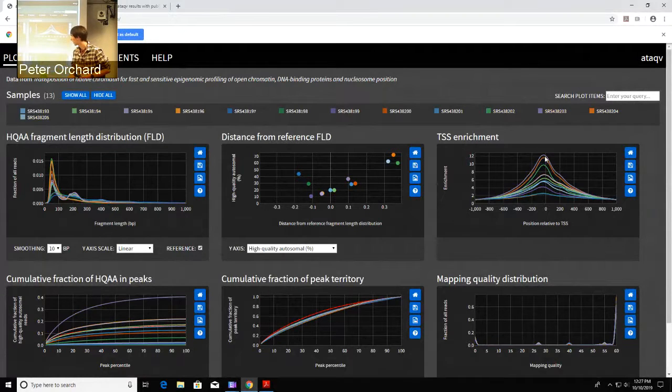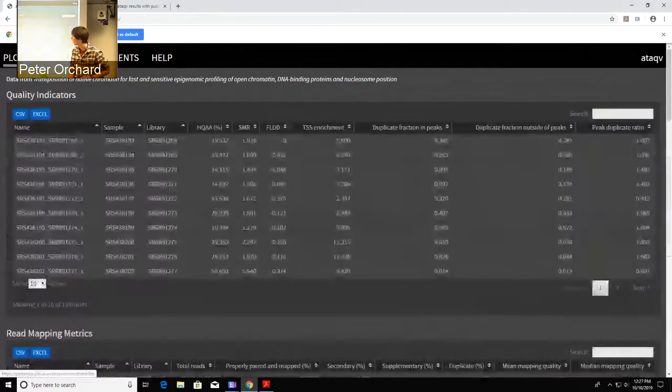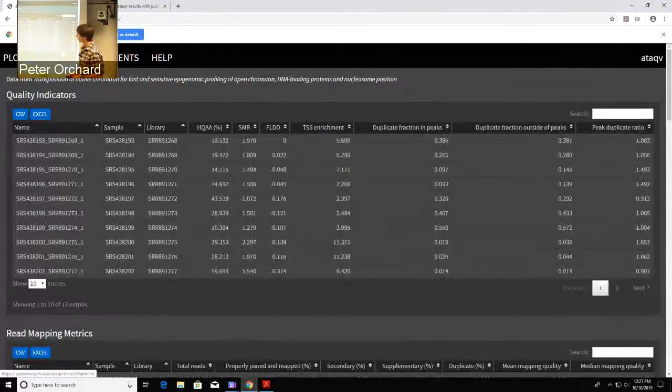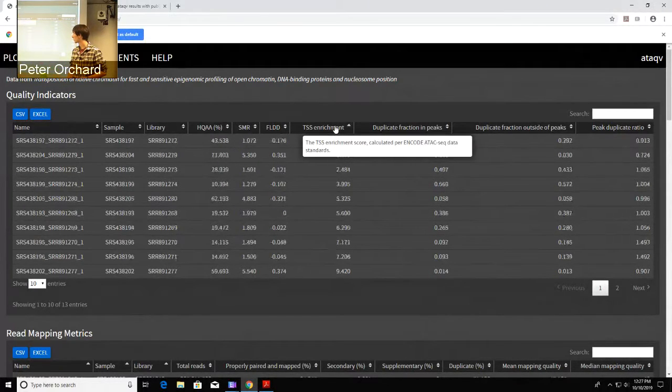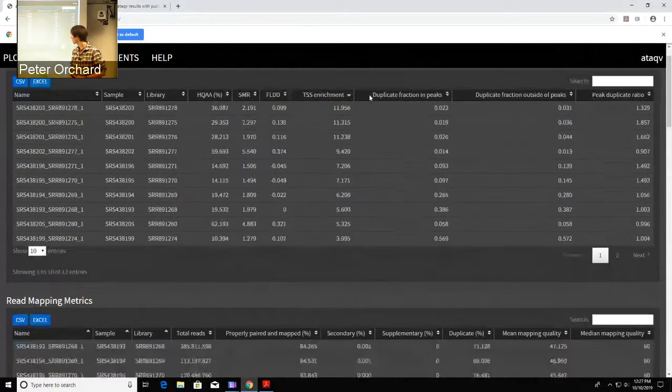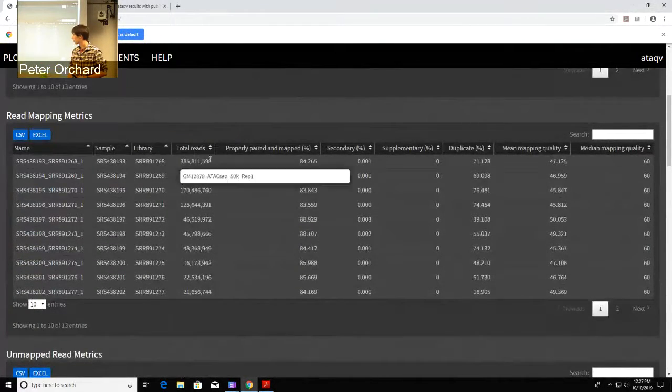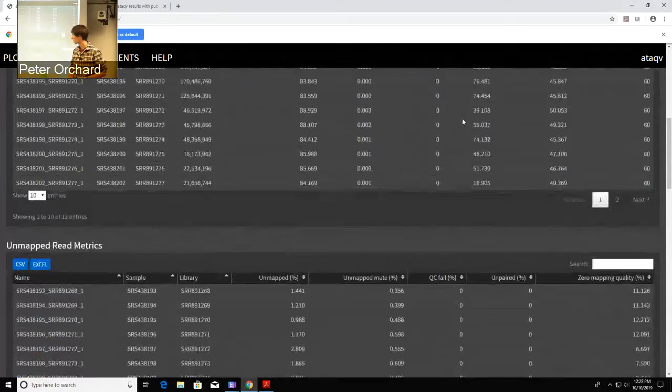So there's that plot. There's a couple of additional plots, which I won't go into detail on. You also get a bunch of tables. So you get information about the percentage of reads that pass filtering. You again get TSS enrichment statistics. You can sort on all of these tables, so you can quickly see the range of your metric. Information about the total number of reads you have, various mapping statistics in case something with your mapping is funny, duplication information,